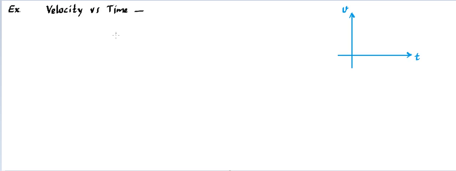Now we will see some examples in physics where we will be using this integration to find out some physical quantity. So the first example I'm taking is a velocity versus time graph. Let's say this is velocity, in meter per second, and this is the time in seconds. We're writing S for second, and here we were writing meter per second, so that also lets us know what the units are. That's the SI unit.